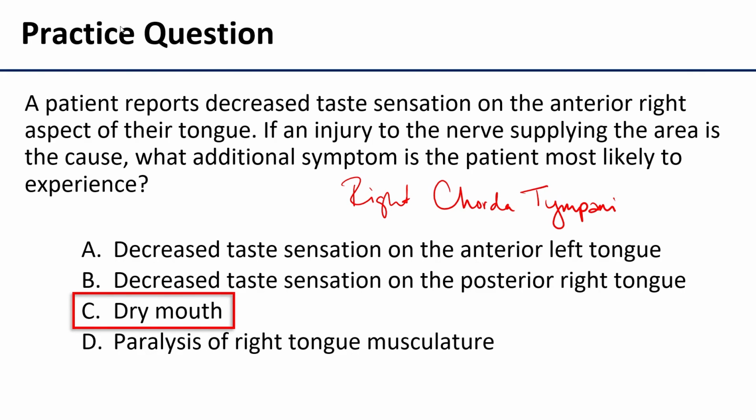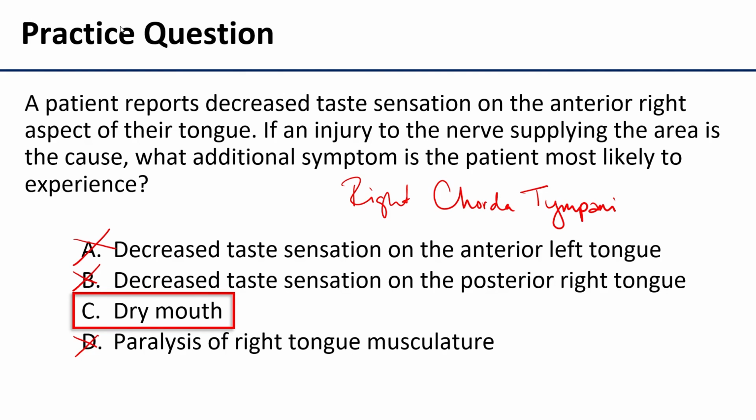Does the right chorda tympani carry taste sensation from the left tongue? No. Does it carry taste sensation from the posterior right tongue? Nope, that's glossopharyngeal. Would the musculature on that side be paralyzed? Nope, that's carried by the hypoglossals. So by process of elimination, even if you weren't sure, you could work out that dry mouth was the most